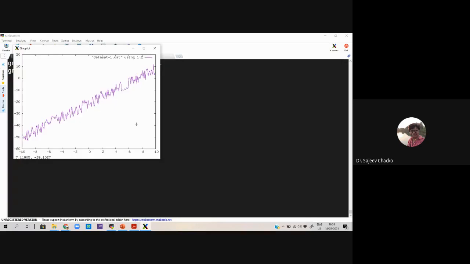So this is the data. It's a straight line. We'll be doing some fitting to that. That's the reason I have generated data which has some deviation. Okay.